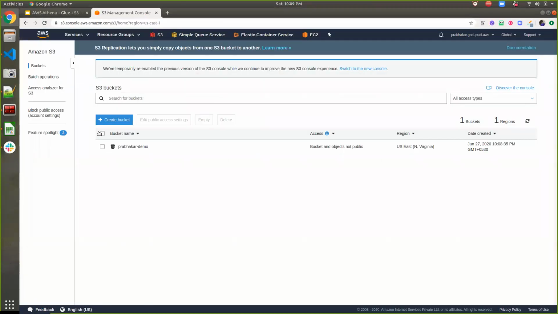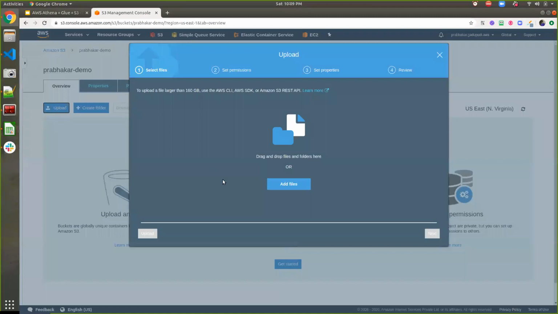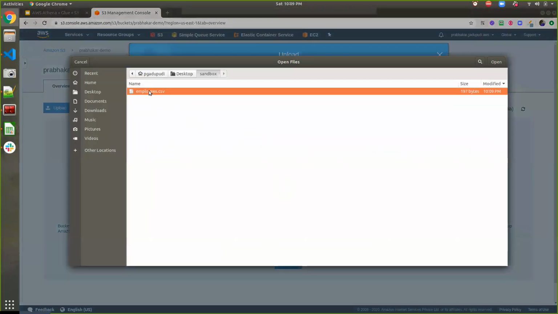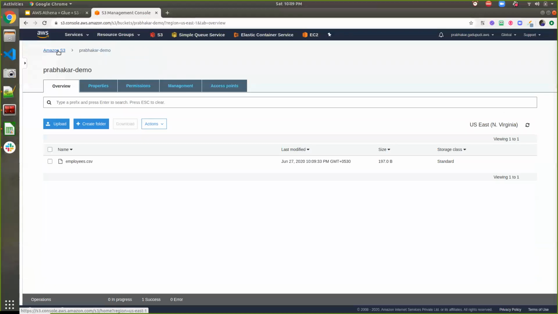Once the data is saved, you can go to the bucket and upload that CSV file here. Here is the employees.csv file; upload that file. My S3 operation is done. So I have Amazon S3, the Prabhakar demo bucket, and inside that I have an employees.csv file.